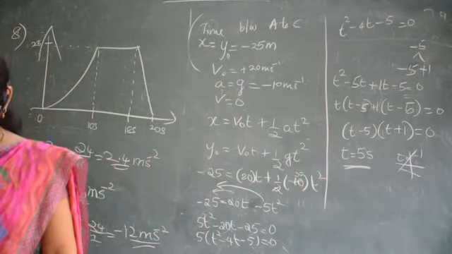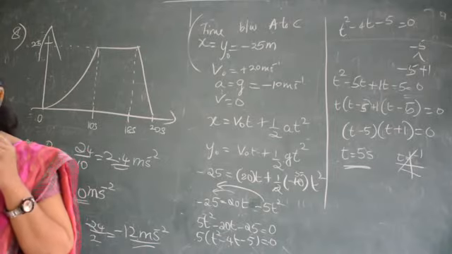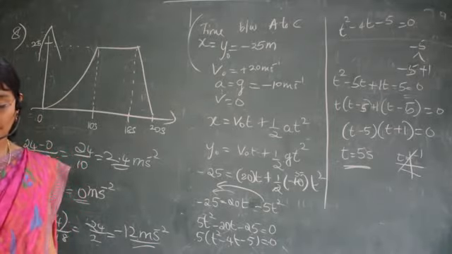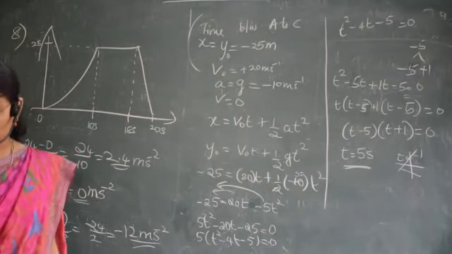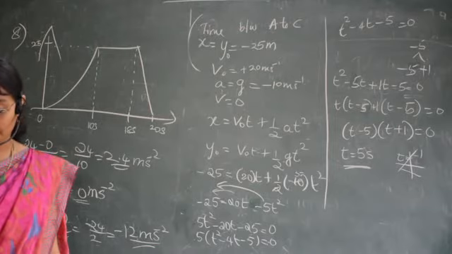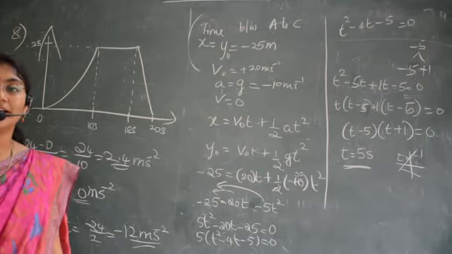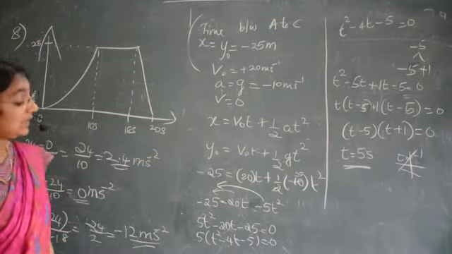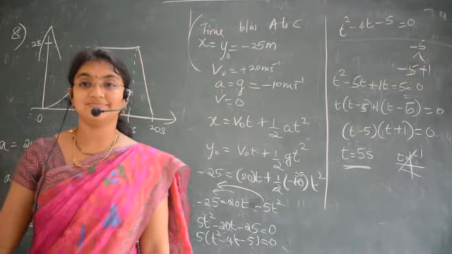The next problem. A car moving along a straight highway with the speed 126 km per hour is brought to rest within a distance of 200 meter. What is the retardation of the car and how long does it take for the car to stop? Homework. Okay. Try to solve this problem. This is a homework question. Question number 9 is homework. Okay. Thank you.